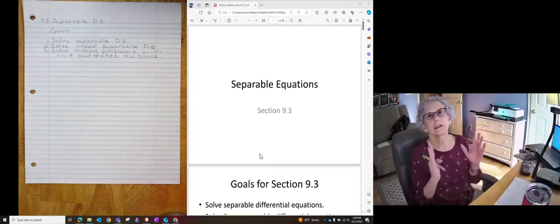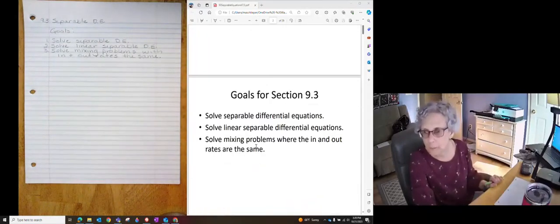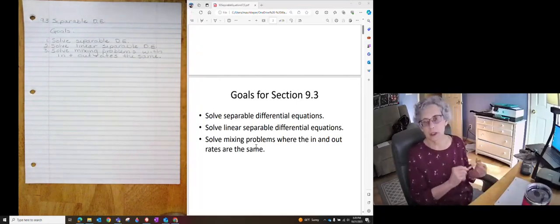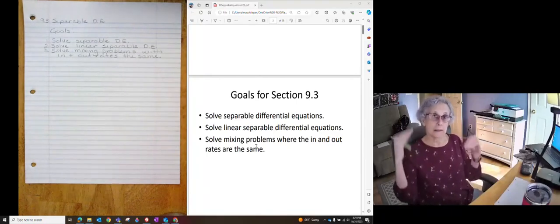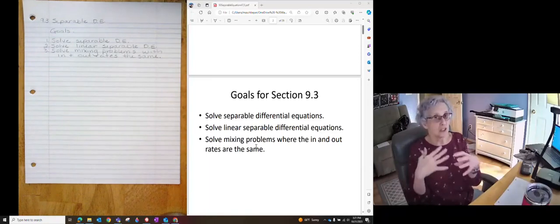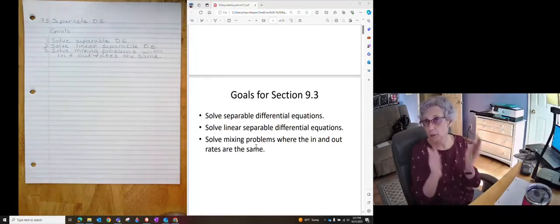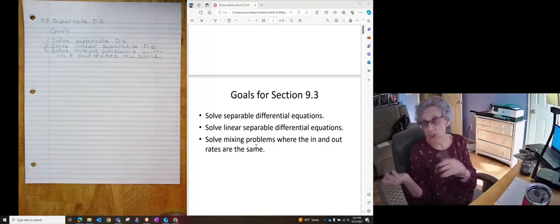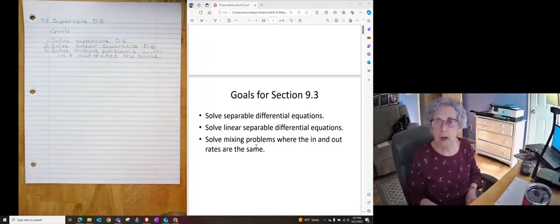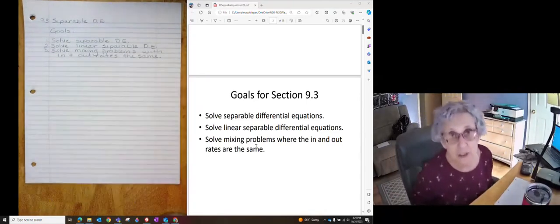Section 9.3, we're finally going to get to solve some differential equations. So it's a fun unit. We want to solve separable differential equations. And then there are linear differential equations, which you just do the same thing over and over again, so you can memorize the pattern if you choose. If you don't want to, you can just solve it each time. And then we will solve mixing problems where the in and out rates are the same, which will make sense